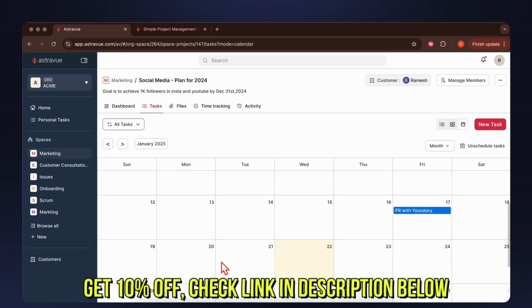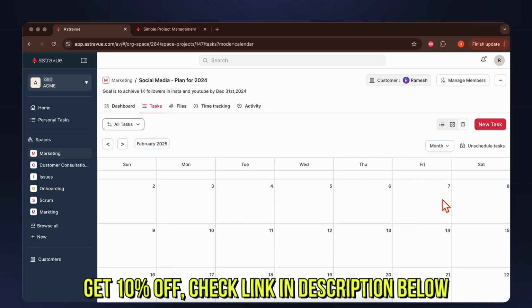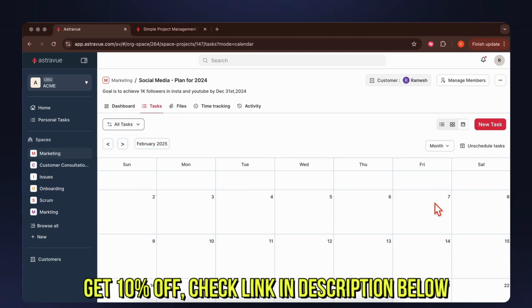And this is what I love the most, right? Let's say you're planning for an event that's coming up in February. What I would do is have a team meeting, let's say with 4 members, on who's going to take care of which task. And I would start creating the tasks backward from the due date, because let's say the event is on 7th, right? So here I would say, then let's say CFC event,